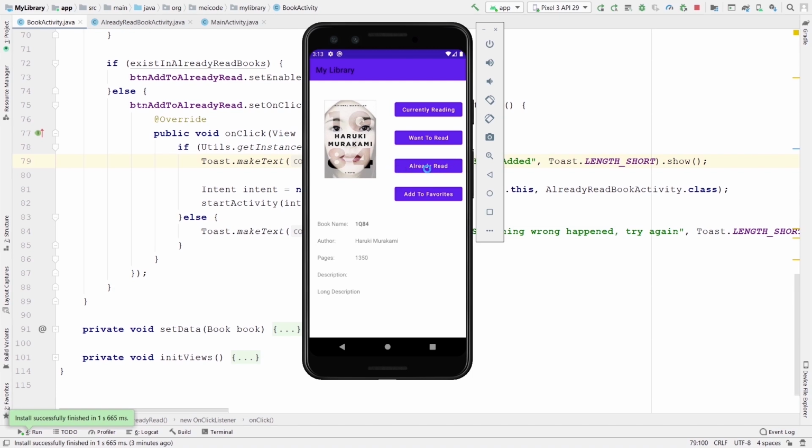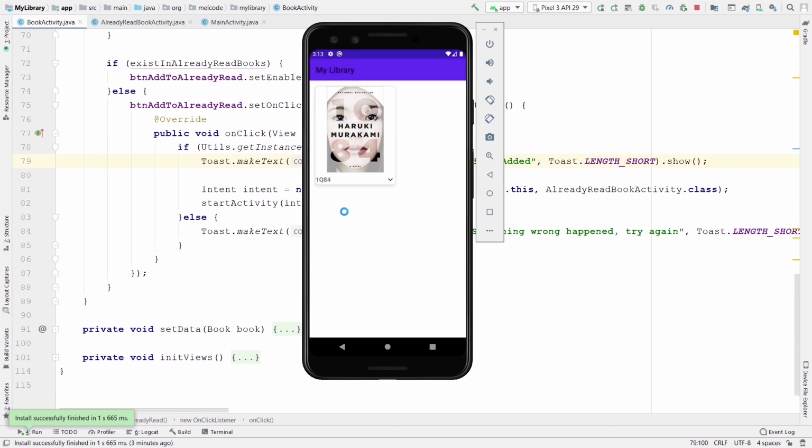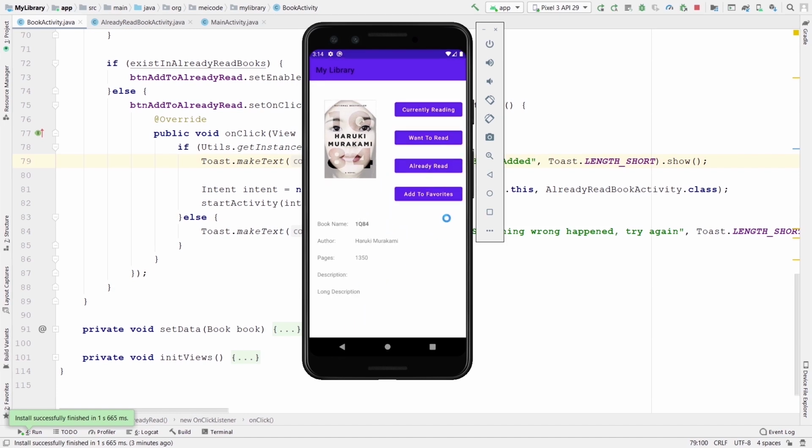Okay, let's click on this AlreadyReadBook button. You can see that we are successfully navigating the user to AlreadyReadBook activity. If we go back, we are once again inside the book activity, but still this AlreadyRead button is enabled. This is because of an entirely new concept. That's because of the activity lifecycle. Whenever we add this book to our AlreadyReadBook list, and we navigate the user to the AlreadyReadBook activity, and from there, when we press this back button, we are not calling the onCreate method of our activity. We are calling some other methods